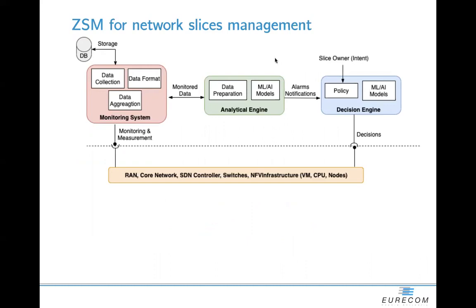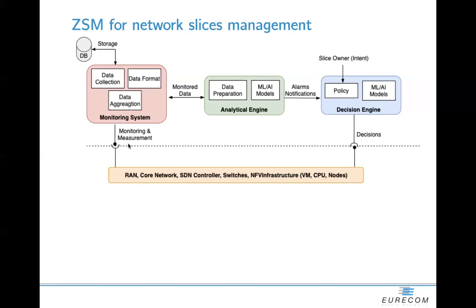So MonB5G considers end-to-end network slices that are deployed on top of different technological domains composed of a radio access network, the transport network, and the cloud and edge part. Each technological domain is managed by its own orchestration and management tool,